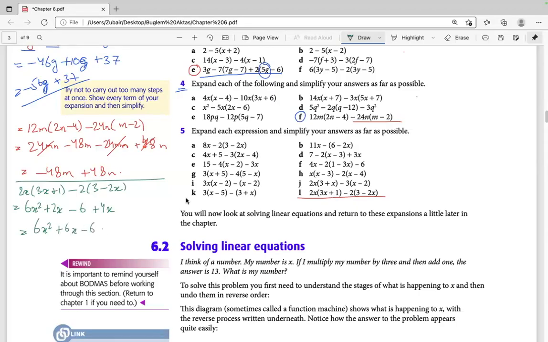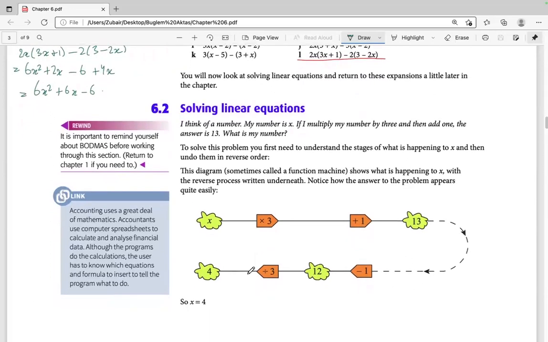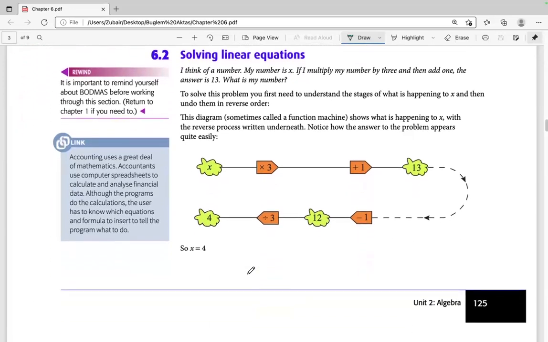6x squared plus 6x minus 6. Yeah, that's right. We got the same answer. Okay, solving linear equations. We already know these basic rules. When we multiply x into 3x, 3 is 3x, 3x plus 1 is 3x plus 1,